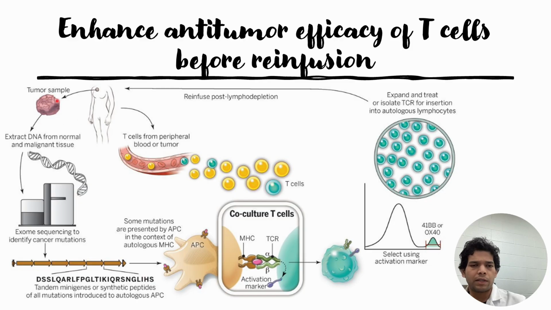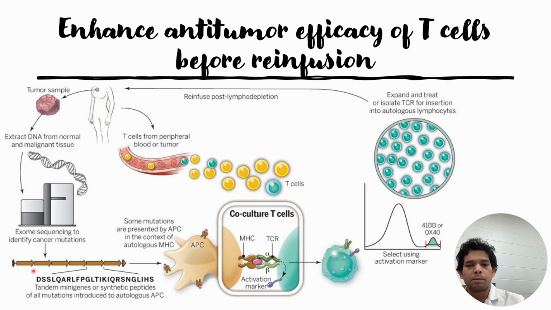So what it is, in order to do that, first we need to have tumor samples and also the healthy samples of the same patient. Then sequencing of those samples, tumor samples and the healthy samples, will be done to find out the point mutations, and thereafter mini genes will be created or synthesized that contain the mutation information, and these mini genes